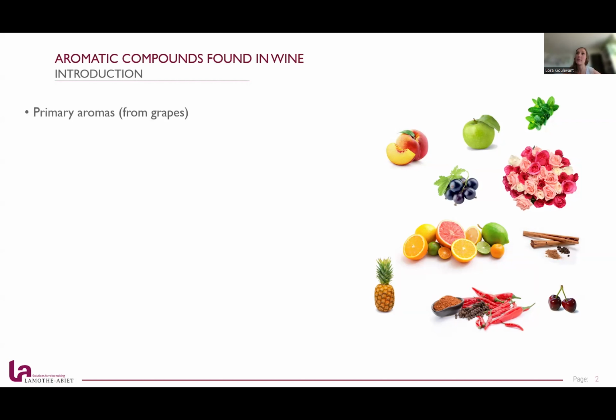So first are the primary aromas, the ones we found in the grapes, which are the terpenes. Some grape varieties have more terpenes than others. For example, Muscat or Riesling has a lot of linalool, or Gewürztraminer, but also methoxypyrazine such as IBMP contribute to green notes in Sauvignon Blanc or Cabernet Sauvignon, for example. You also have hexanols. So these aromas are really dependent on the terroir, the vineyard practice, but also the harvest